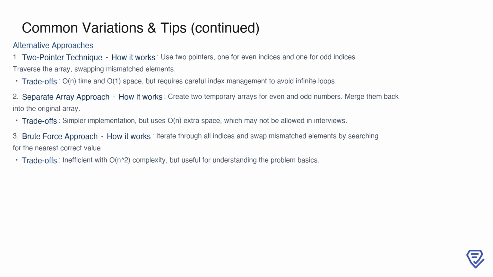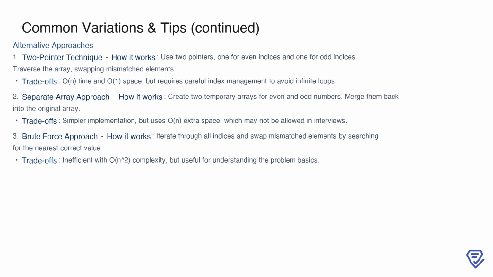Now let's explore some alternative approaches to solving this problem. The two-pointer technique is one of the most efficient methods. Here's how it works: you use two pointers, one for traversing even indices and another for odd indices. As you move through the array, you swap any elements that are out of place. This approach is efficient with O(n) time complexity and O(1) space, but it requires careful index management to avoid issues